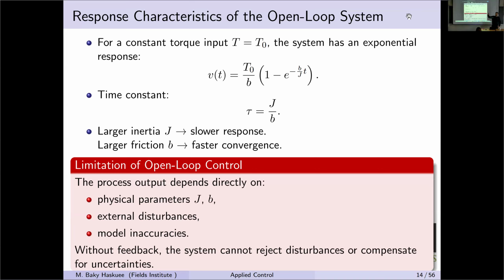Okay, we will reach the expected performance. But if our prior knowledge about this inertia and also the viscous friction is inaccurate, then the performance will be far from the expected performance. And also there will be some external disturbance, and this model inaccuracy means that the mathematical representation that we